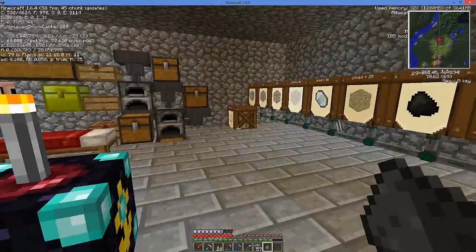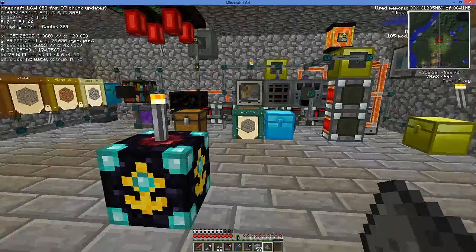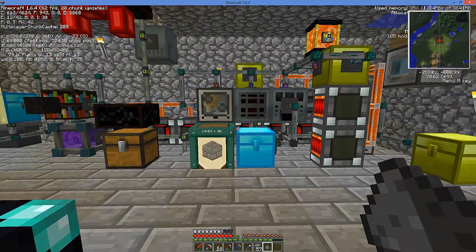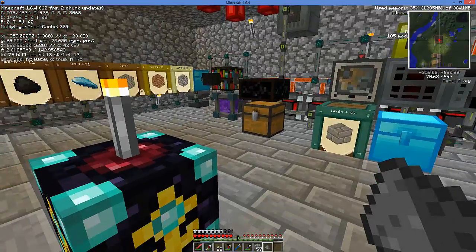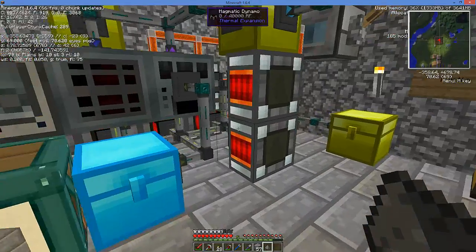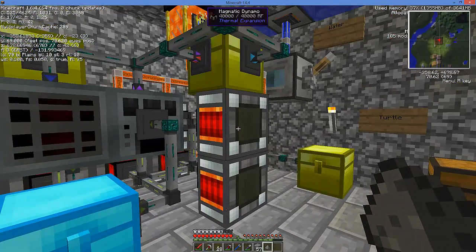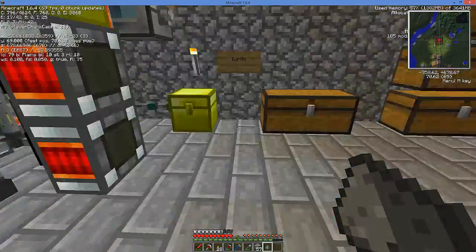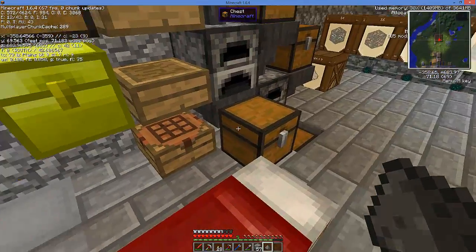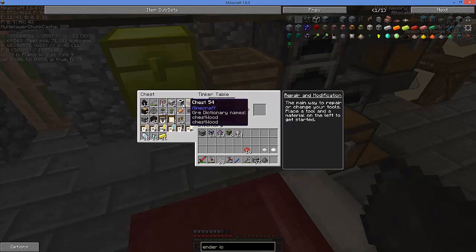So I think that covers most of where we're at. Between now and the next episode, I'll probably be taking a lot of this down and dispersing it around, figuring out where I'm going to lay things out. May go ahead and build a few more magmatic dynamos. I do have somewhere, I think it's down here. I've got my quarry, and I am going to be,